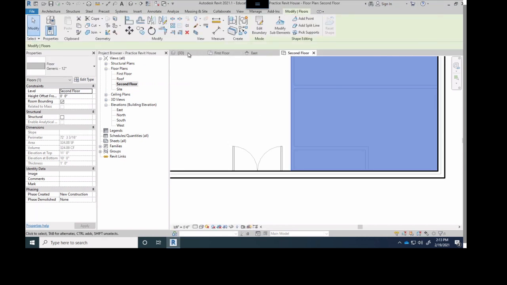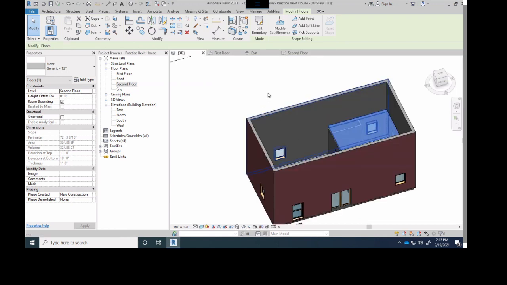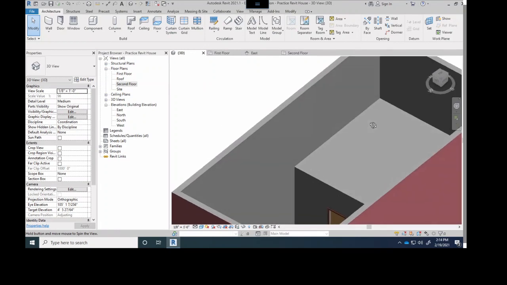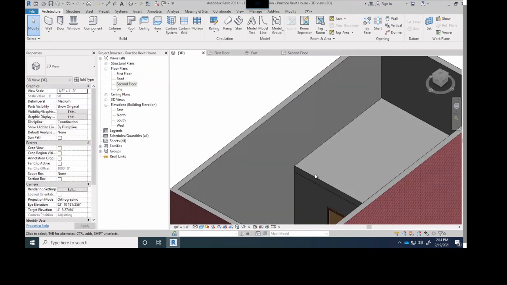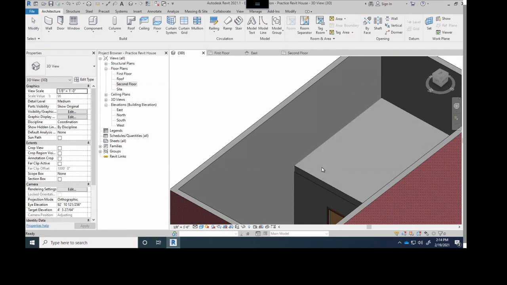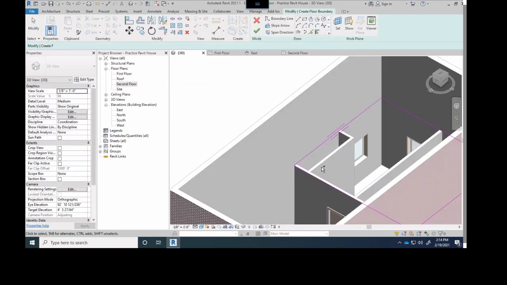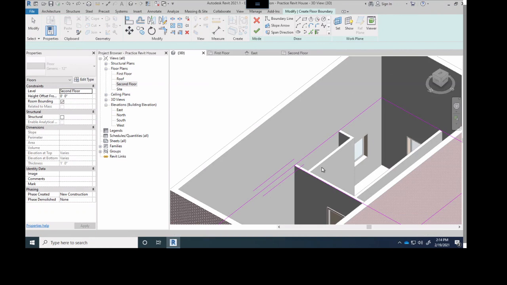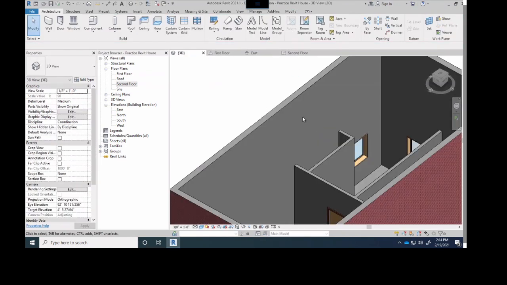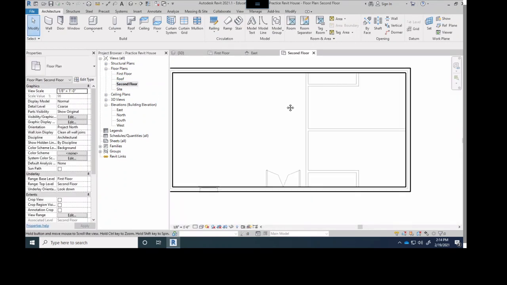Okay. Yep. So the next thing I want to show you is that we were able to create that floor. I do just want to show you one more thing before I get out of that floor. I'm actually going to delete that floor. Actually, I'm going to undo that floor. Okay. Let me just go back. And actually, I'm just going to hit cancel. Make sure you want to discard it. Yes. So I'm going to go back to my second floor level, and I want to show you an alternative